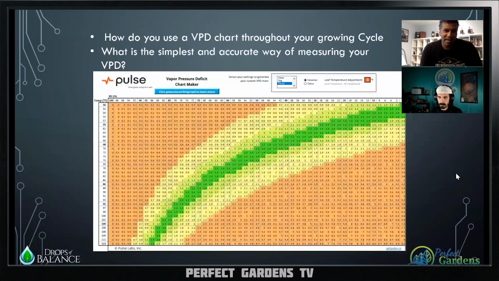Go to that mark. Yeah, if you can go to a temperature of 83 right here. 83, and we're in flowering. And no, we're still in veg. Let's say we're in veg. Oh, okay. And this chart's just for flowering. I apologize. Oh, I see. I saw that. I apologize.